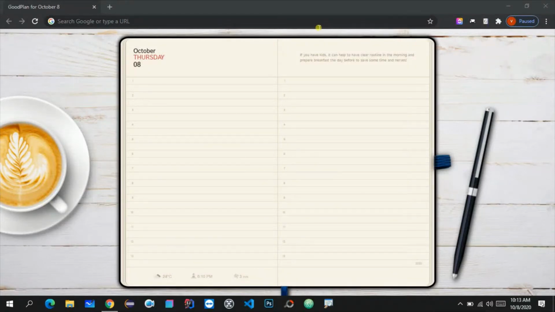Hello guys, in this video I'm going to show you how you can download and install Postman on Windows operating system. So till now we have completed installation of Angular CLI and Visual Studio Code on Windows operating system. So if you haven't watched these videos, then you can go and watch my videos.